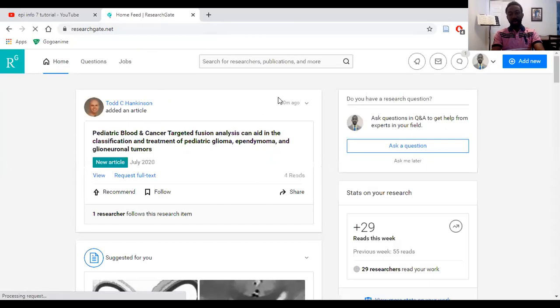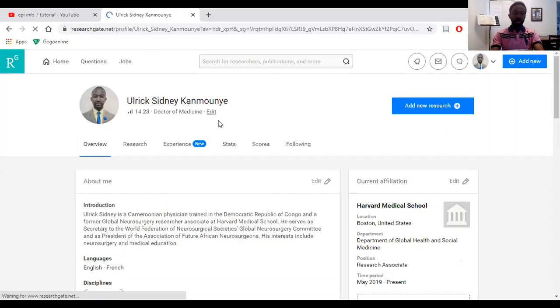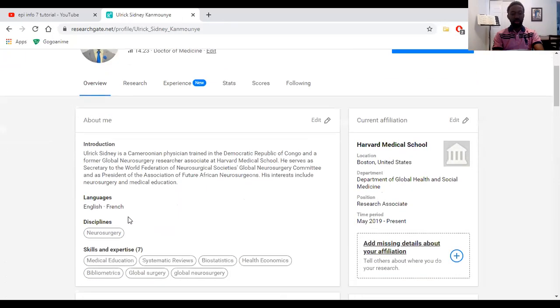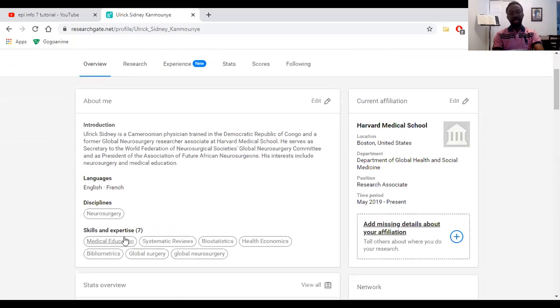Make sure you define your account really well, okay? So let me just show you. Define your account really well: introduction, your discipline, skills, and expertise. There's an algorithm that uses this to propose research that you should read. So it's very important to define this.